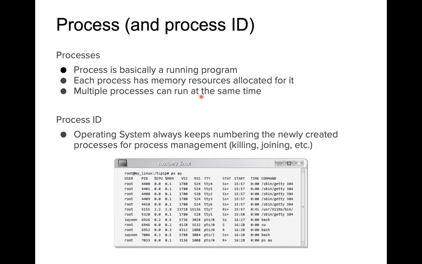If there are multiple processes running at the same time, each process will be assigned some ID, and that is called the process ID. The operating system always keeps numbering newly created processes for process management. In case you want to kill a process, or join a specific process, or do something with that process, that is called process management, and for that sake the operating system allocates a